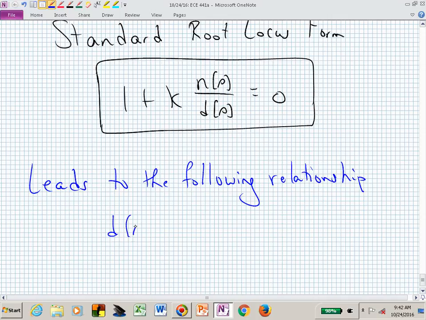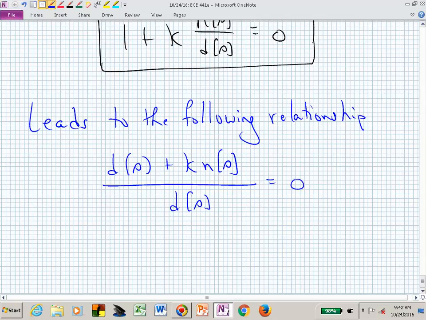Relationship of D(s) plus K N(s) over D(s) equals 0. And what do we concentrate on if we want the values of s that cause this to vanish? Which piece of this? We just have to worry about the numerator piece, where we're now looking at that equation, which is what we had earlier when we had this N(s) and D(s). And no matter what we started with